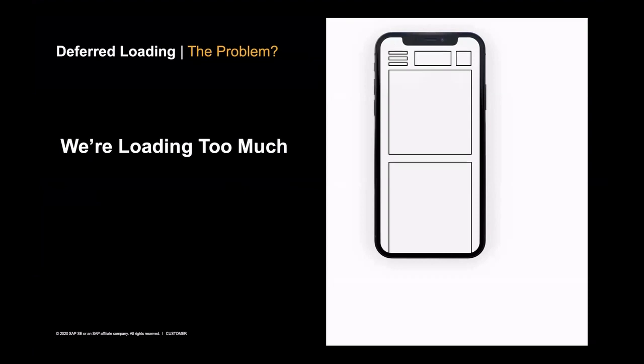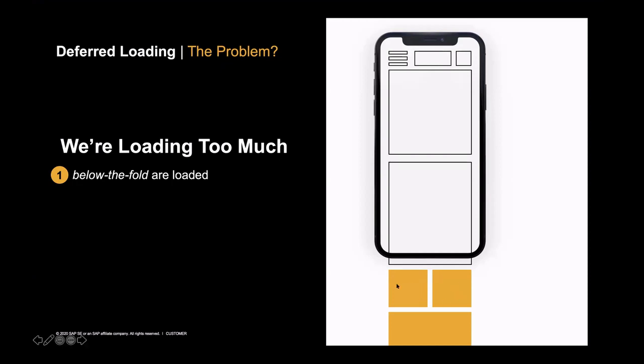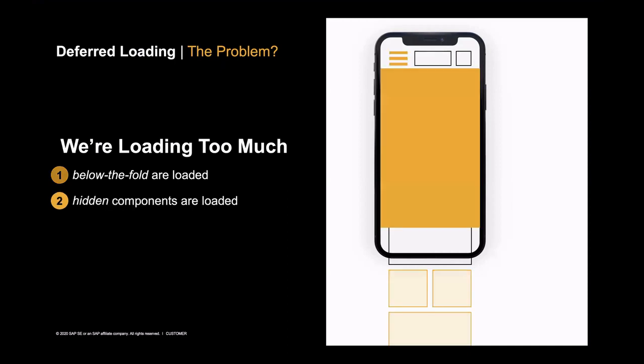But as you can imagine, this is a very slick storefront with only 5 components in the viewport in this wireframe. But there will be content below the fold. So below this line, there might be other components. And when you scroll down or scroll up, those components will be shown. So this is like components below the fold. And as soon as I scroll down, these components will be loaded. And the problem we have with the former Spartacus version is that we would create and load all those components initially. And the same goes for hidden components.